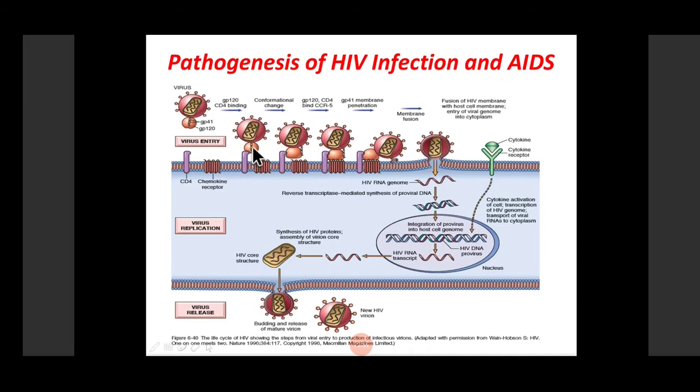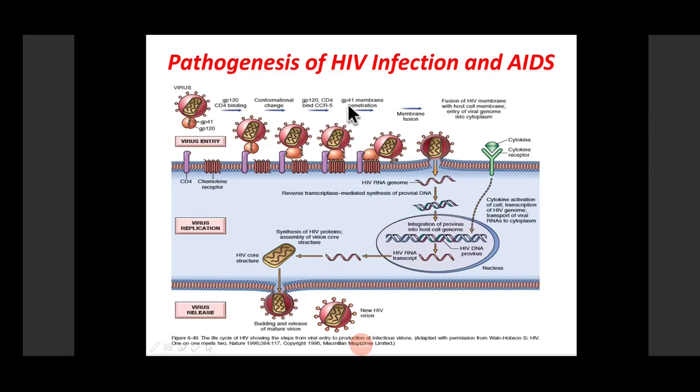This is a receptor of CD4 plus T cell, and the virus GP120 binds to the CD4 plus T cell receptor. After binding of GP120 to CD4 plus T cells, there are some conformational changes. Once there is some rotation or some kind of conformational change, this leads to formation of another additional site for virus attachment, and this is usually the CCR receptor. So now it binds to CCR.